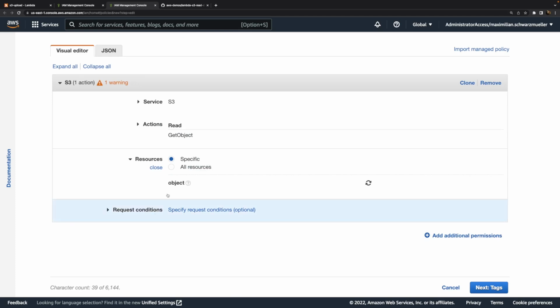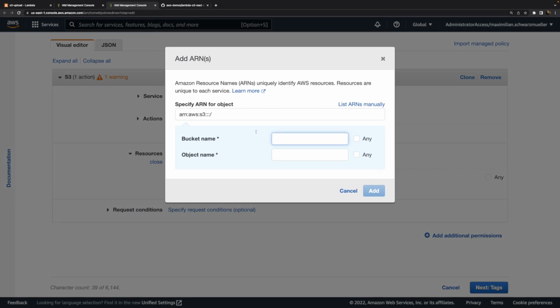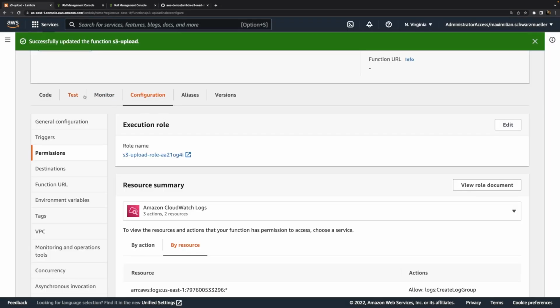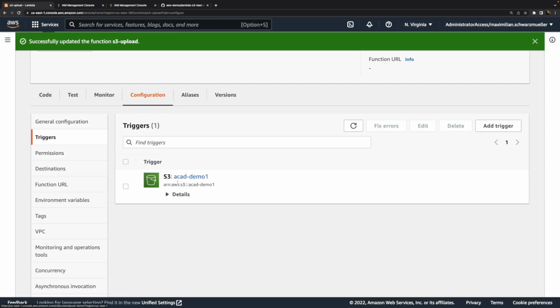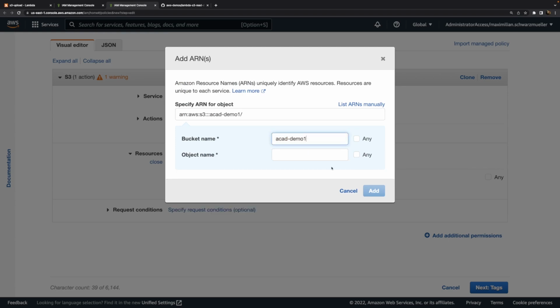I also want to make it clear for which bucket this access should be granted. So here we add an ARN, and it's the bucket name which we chose for our trigger, ACAD demo 1 in my case. I'll add this here, and then I want to grant this access for all objects in this bucket.